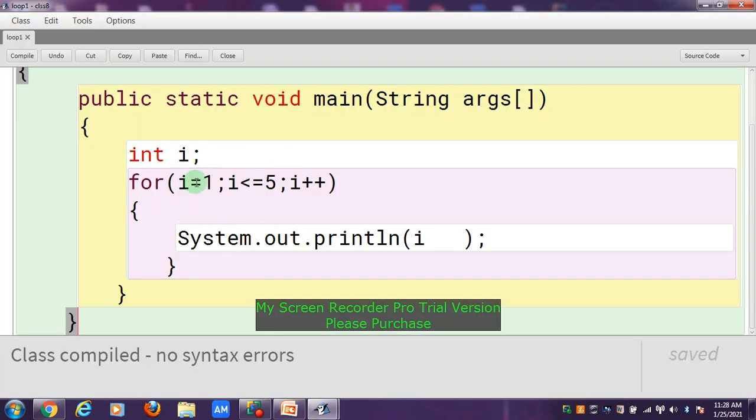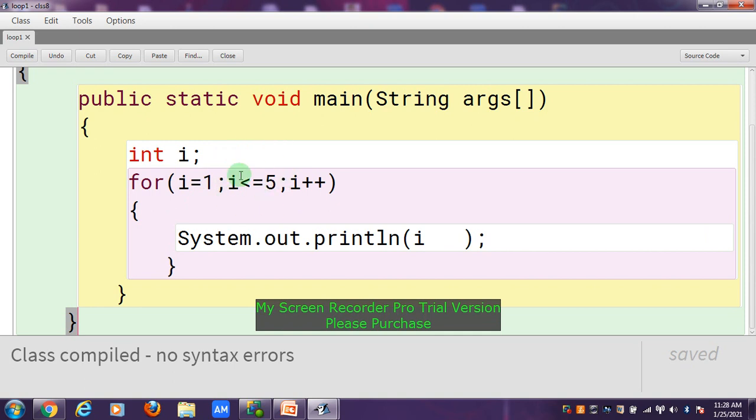Remember that the execution of the for loop is very important, because in exams it can be asked to predict the output, that kind of question. So remember, you have to understand how the for loop is executed. So first, I equals to 1, this part is executed, so the value of I, 1, is set. Now after execution of the initialization part, we will check the condition. This is the condition, I less than or equals to 5.